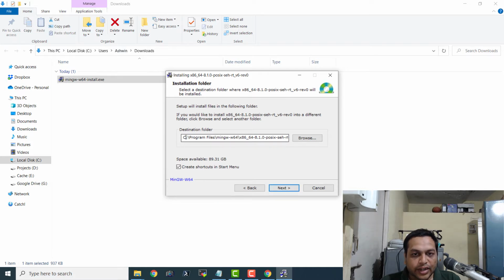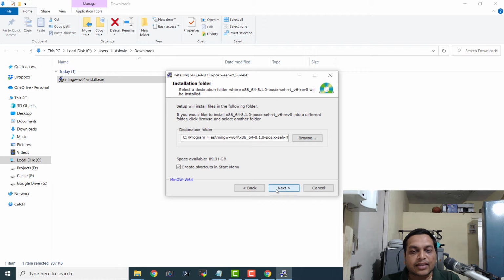Okay, here is the destination folder. So it reads C:\Program Files\MinGW-w64\x86_64-8.1.0-posix-seh-something. Okay. So we are just going to go ahead and remember this particular destination folder because we are going to need it.